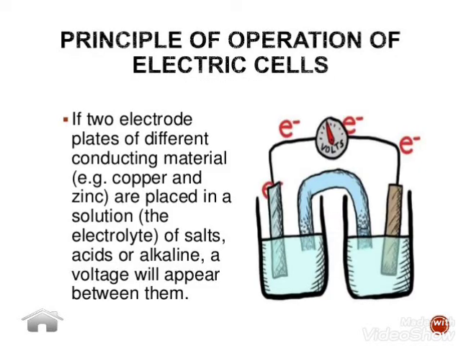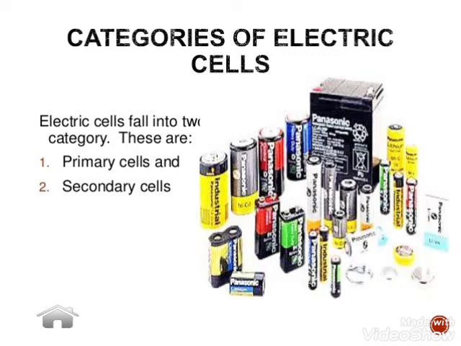On what principle are the electric cells based? Principle of operation of electrical cells. If two electrode plates of different conducting materials, say copper and zinc, are placed in a solution which we call the electrolyte, a salt, acid or alkaline, a voltage will always appear between them. And based upon different features, the cells are categorized into two types: